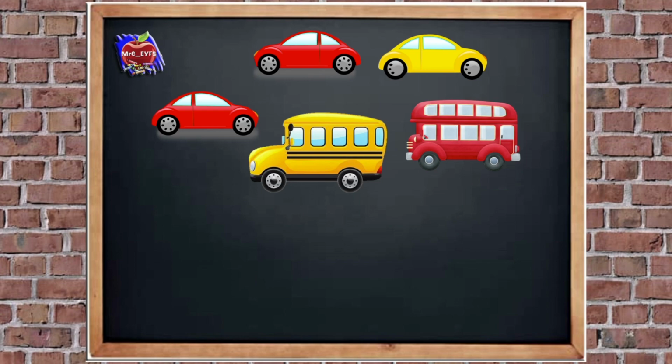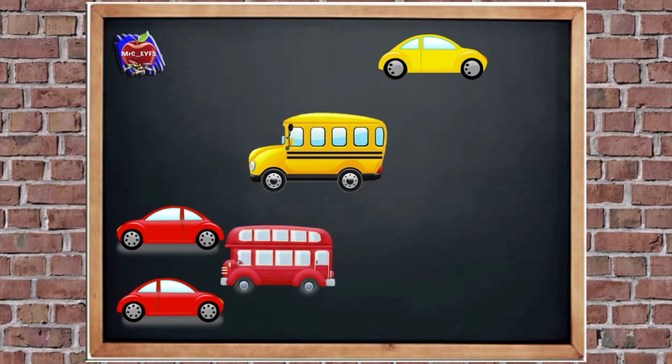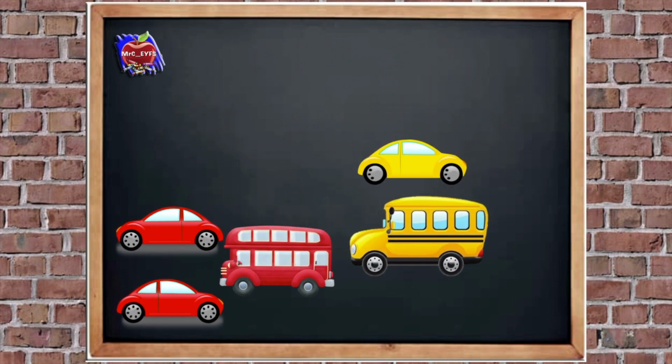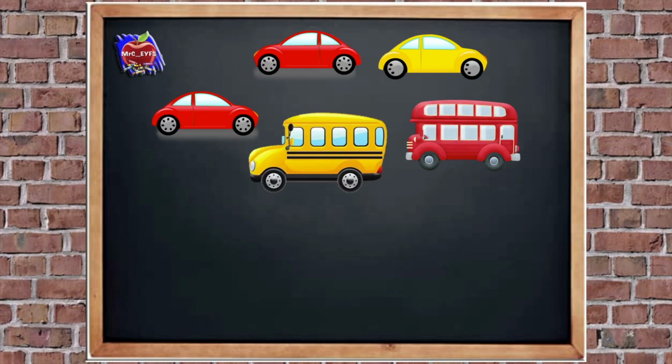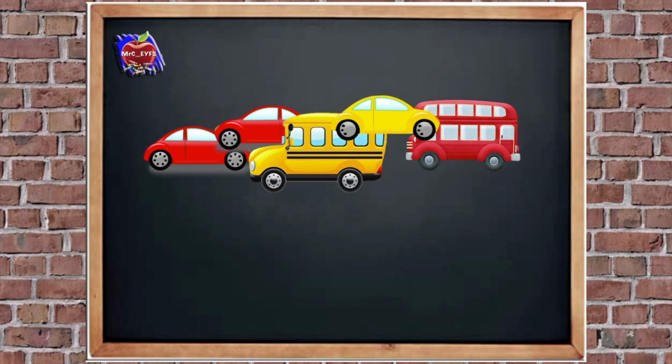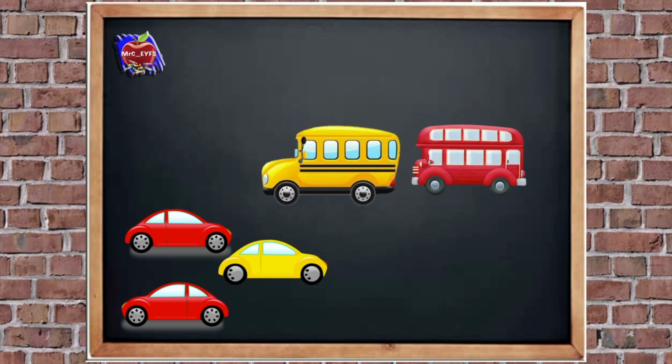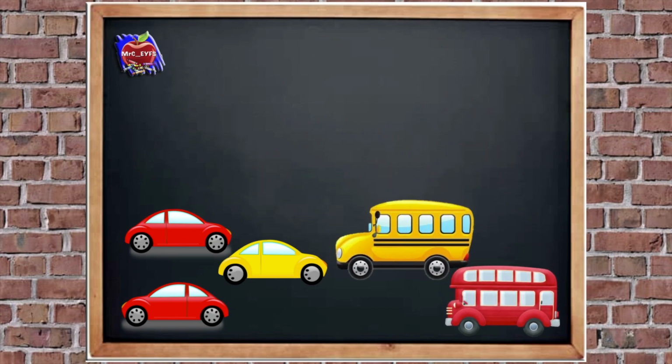How could we sort these toys out? There might be more than one way to do it, so have a think. Yeah, let's put all of the colours together. So red one's this side and yellow one's this side. How else could we sort these toys out? Yeah, let's put all of the cars together and then all of the buses together. Well done. So that's really, really good because it's going to help us today when we're thinking about our number